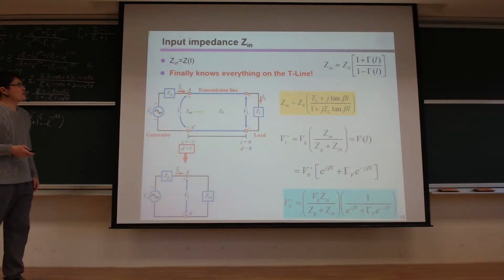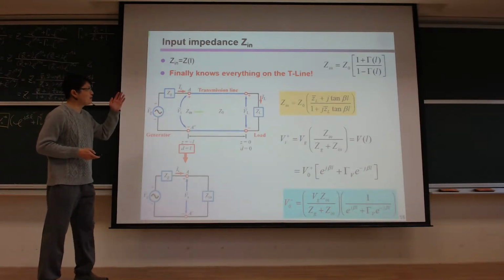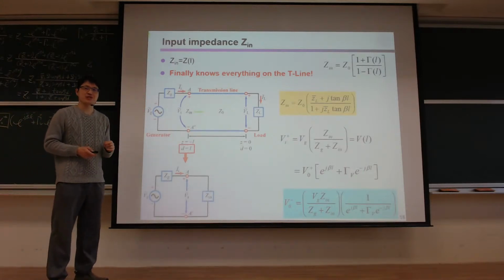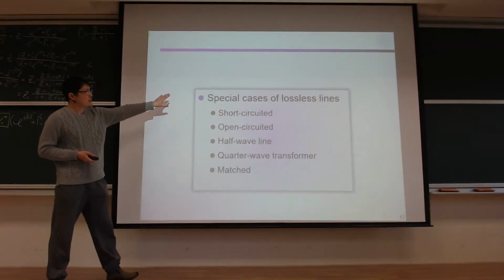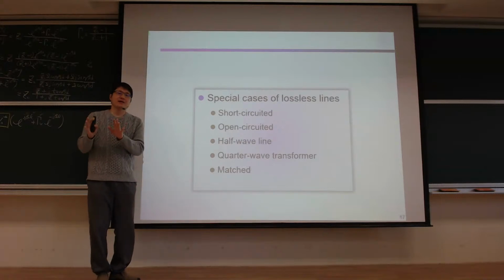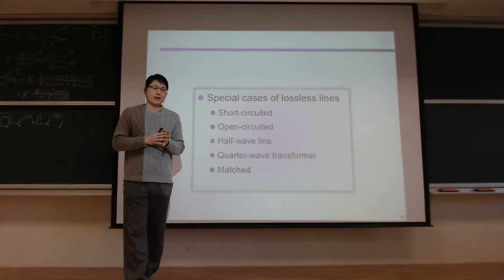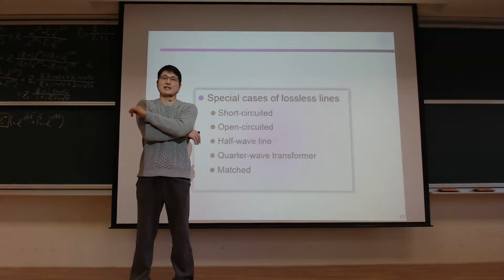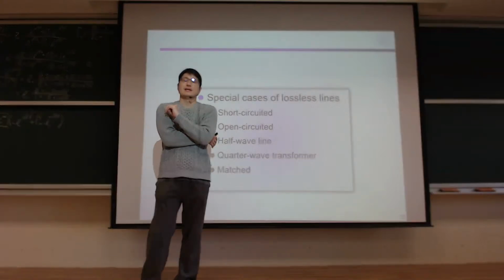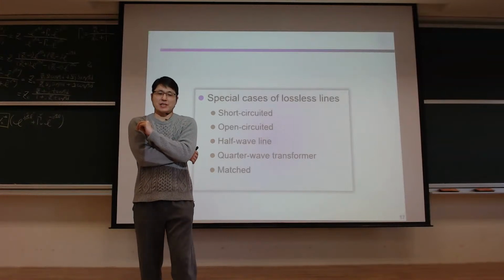We spent so many hours, so we now know everything on the transmission line. Okay, so special cases. Again, over the weekend, I have to thank one of the students who wrote me an email asking two questions. So the first question was,